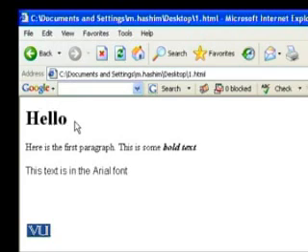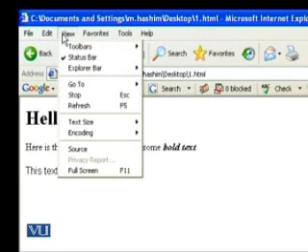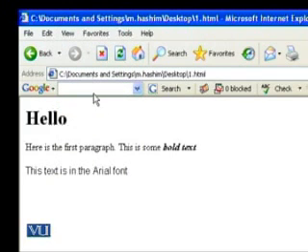Remember, we can also use F5 in case we do not want to use this icon. We simply use F5 to get the refreshed result. Also, we can use the view menu, and there we can use the refresh option. Again, the same effect would be displayed to you. So these are the steps which you need to know, how to view your results in the browser and how to do the changes in your web page and to view the results accordingly.